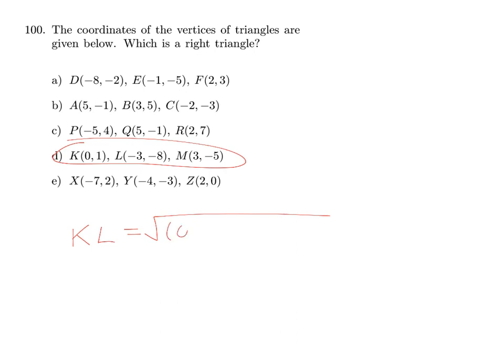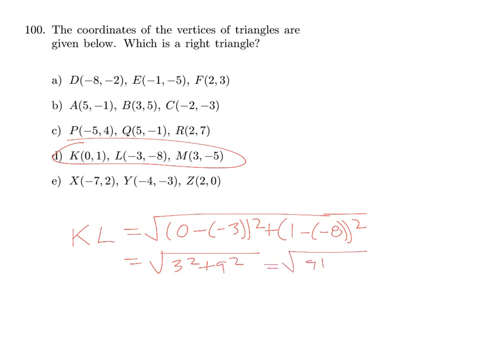So I have 0 minus -3 squared plus 1 minus -8 squared, 3 squared plus 9 squared, 9 plus 81 equals square root of 90. We could just leave it like that. All right, then you have LM,